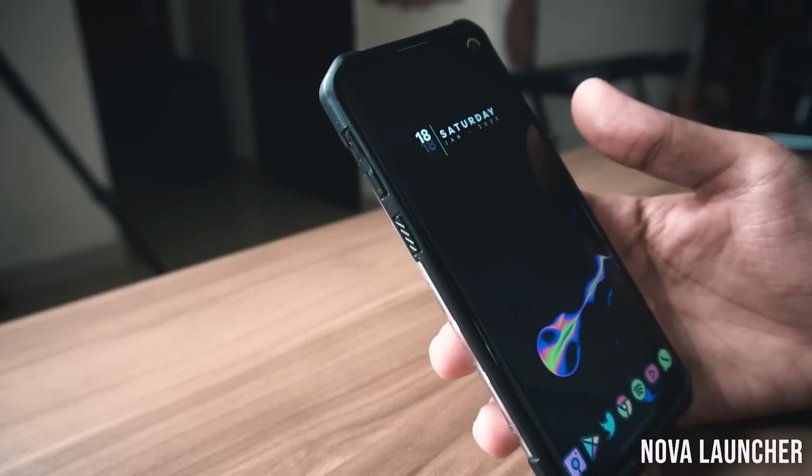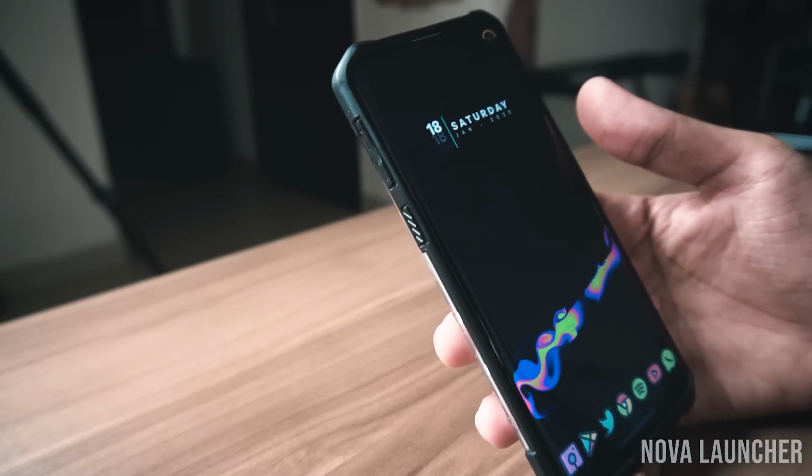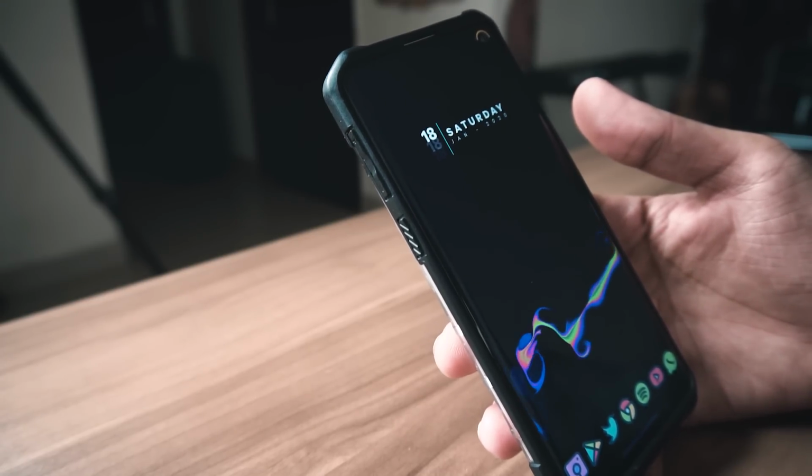It's one of my most used launchers since eternity, since I started using phones. And obviously I'm using Nova Launcher Prime, which is the premium version of it, which does cost money but gives you a lot of different features that you should definitely buy. The prices for it are constantly on sale on the Google Play Store. You can get it for as cheap as 10 rupees or 20 rupees, so you should definitely download it if